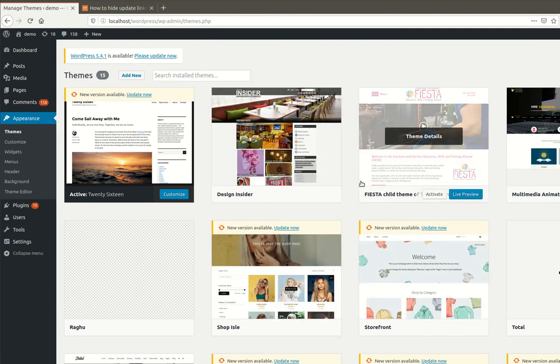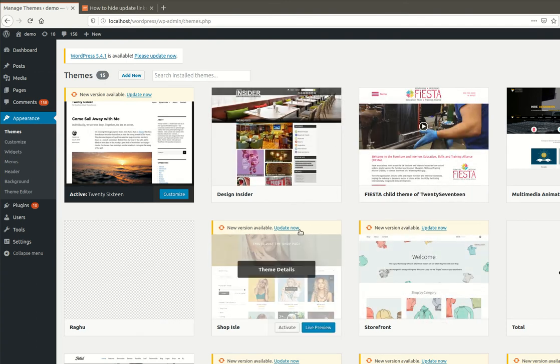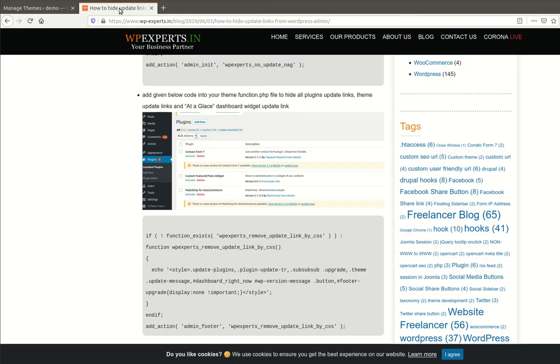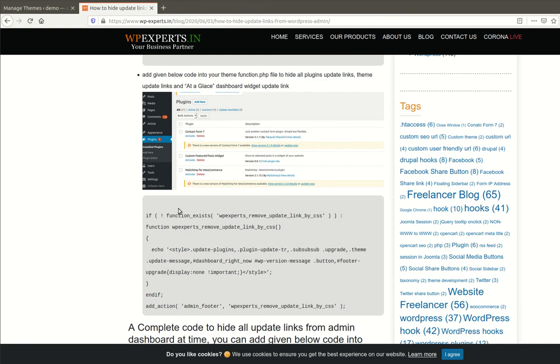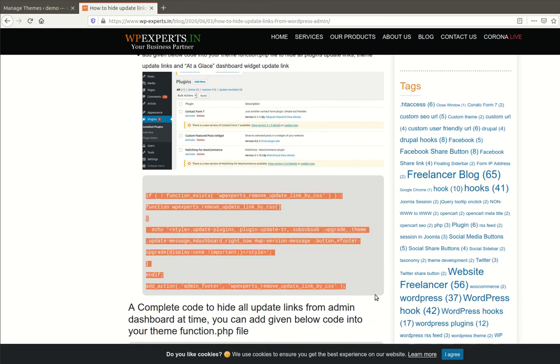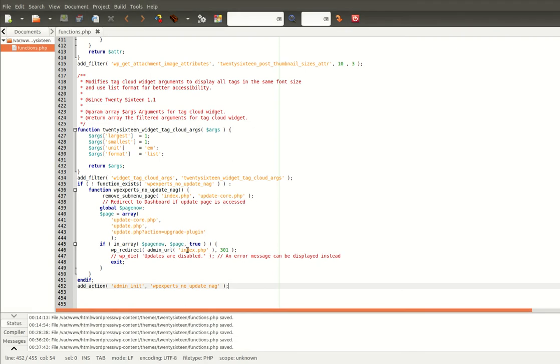To hide all these links, you will need to use our third step code. So I am going to copy the code and paste it.